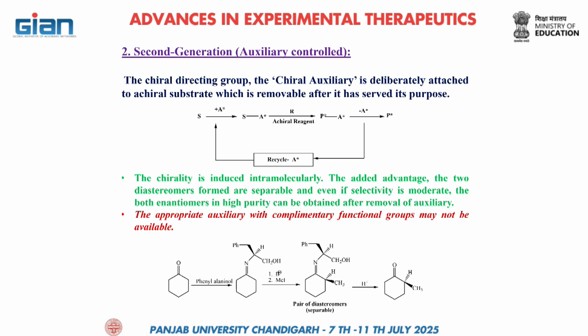Where you don't have this phenyl CH CH2OH group. It is coming from the side which is away from the steric bulk. So you are getting the target product. So that is your pair of diastereomers. Now can you see, in the presence of the auxiliary you have two stereogenic centers. रेजोल्यूशन स्टेप यहां पे अप्लाई हो सकता है। आप